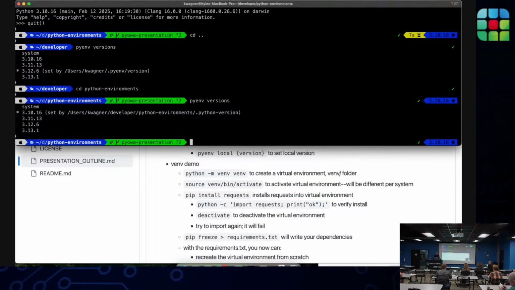So venv is a tool that enables virtual environments. What that is, is kind of just like a box on your system to put installations of different dependencies for Python, and it isolates them within that box. So like we saw with pyenv, we go into this directory, we're on one version, we go out of it, we're in a different version. Similarly, with venv, you can create this box where you go in it and you have a certain version of the requests library. You go out of it and you either don't have the requests library installed or it has a different version.